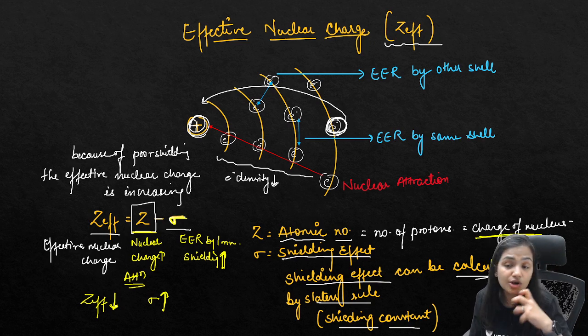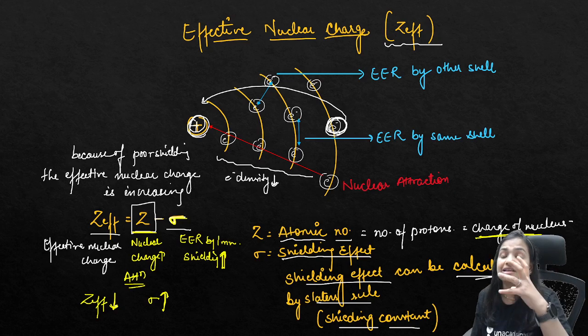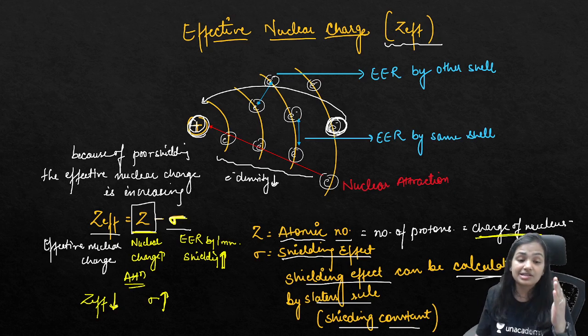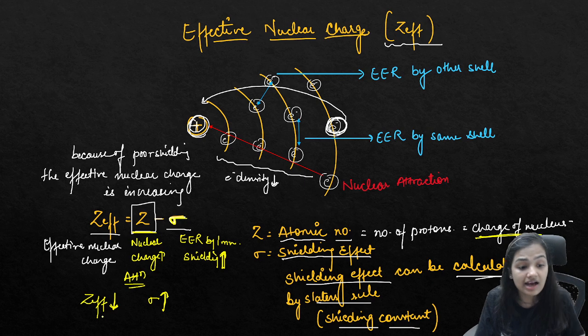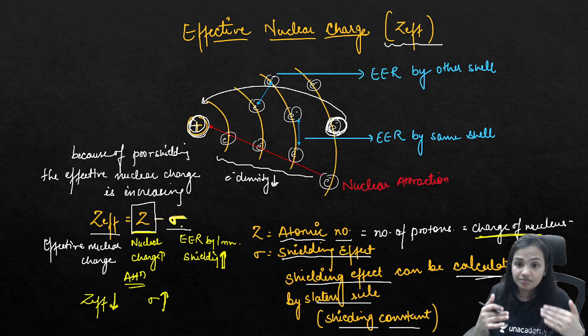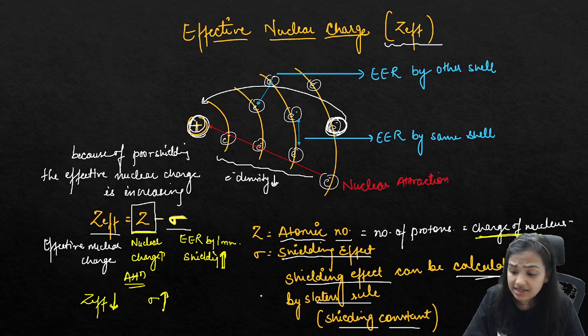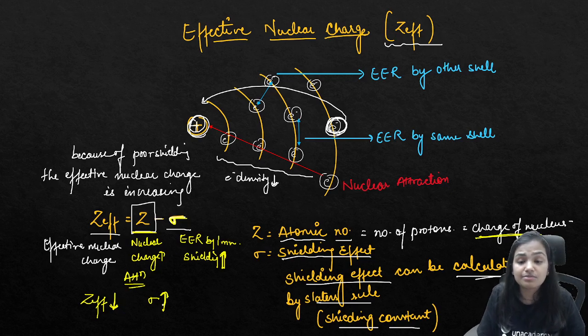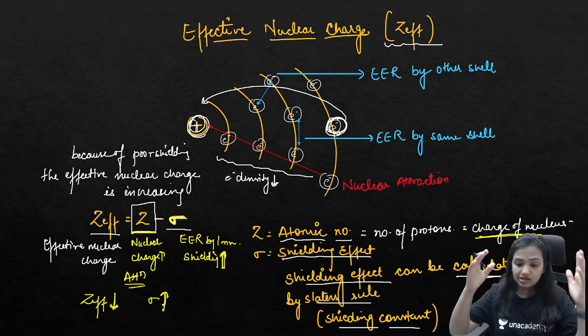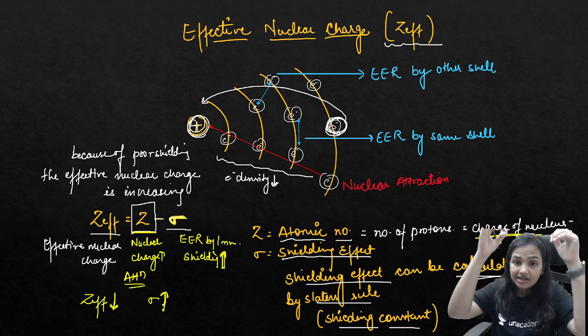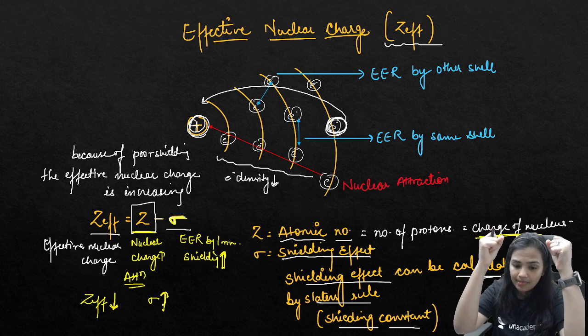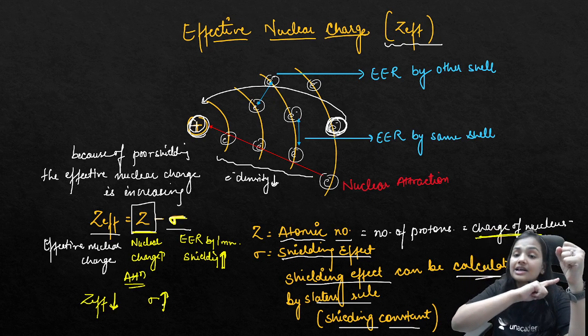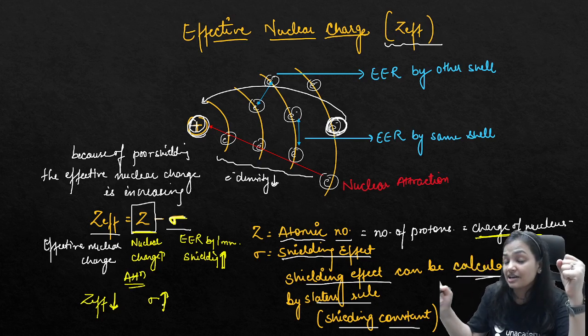It means the nucleus will not be able to attract the last electron more firmly because its Z effective decreases. And if the repulsion decreases, we can say that Z effective and sigma are inversely proportional to each other. If the shielding, the protection by the inner shell electrons, increases, then what will happen? The nucleus will be able to attract the last electron towards itself